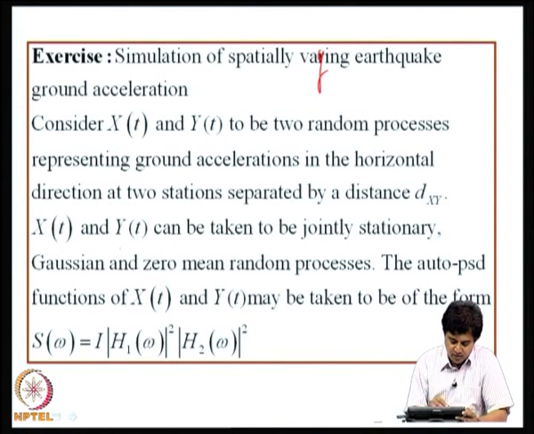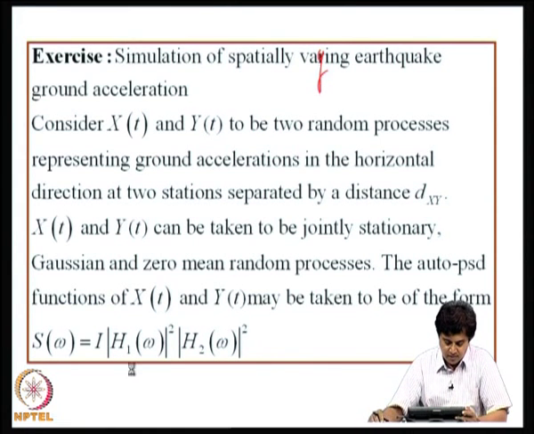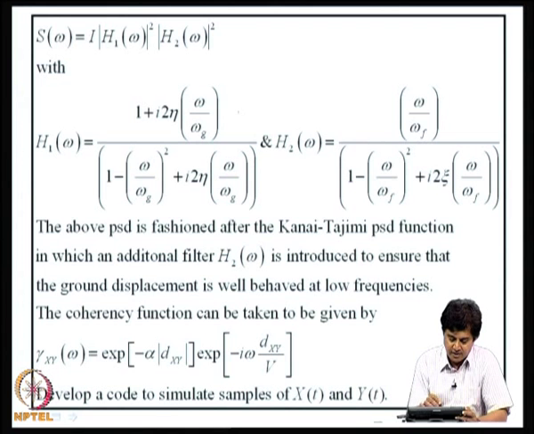We can take that x of t and y of t to be jointly stationary, Gaussian and zero mean random processes. The auto PSD functions of x of t and y of t may be taken to be of the form S of omega is I into |h1 of omega|² and |h2 of omega|². This is the typical Kanai-Tajimi power spectral density function model, where h1 is given by the transfer function of the soil layer